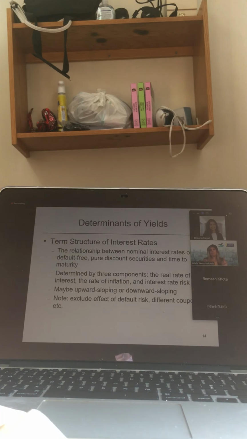As we can assume that the real rate of interest is that. The rate of inflation, which is how much is the inflation right now? Do you want to look up that for me too? Like, what's the inflation in Canada right now? So we have different models that calculate inflation. They look at the cost of goods sold and such. But you can take a look and see what's, let's say, the official inflation for 2020 for Canada. And give me the answer. Do a little bit of Google search.